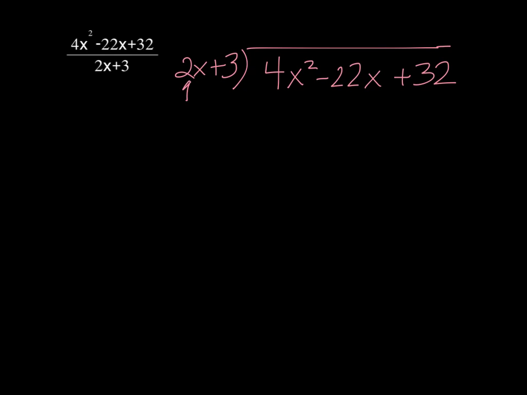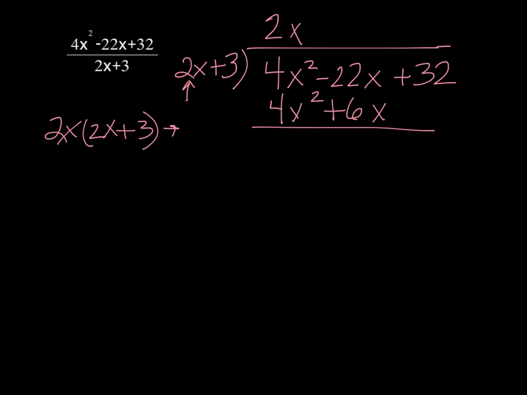So we're going to ask, what do I have to multiply 2x by to get 4x squared? Well, 2 times 2 will give me the 4, and x times x will give me the x squared. We multiply through here, 2x times 2x plus 3. Sometimes I like to write this down. And we get 4x squared plus 6x,